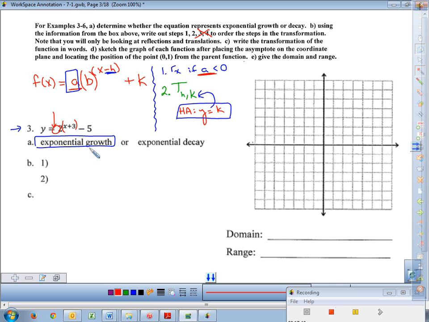What is the a value in this problem? Is it 1 or is it 2? It's 1. It's the number in front of the base. There is no number in front of the base, so it's like that's 1 times all this stuff. If it's negative, it got reflected. Did it? No. Translation,